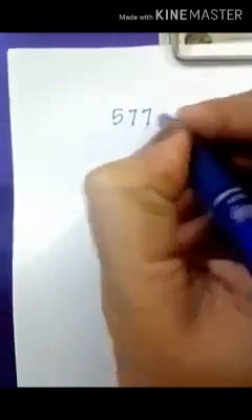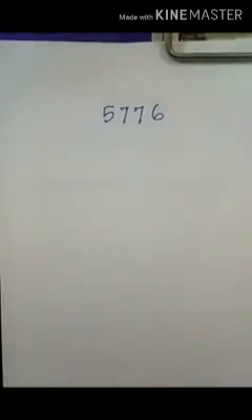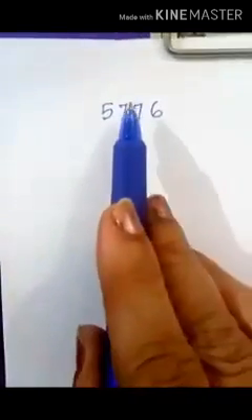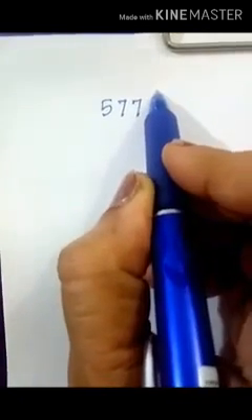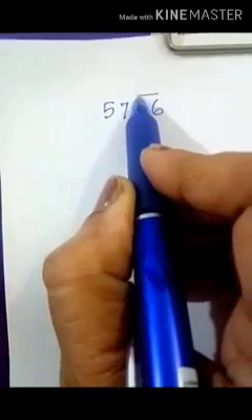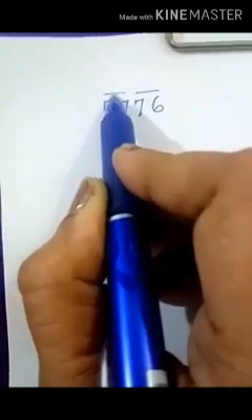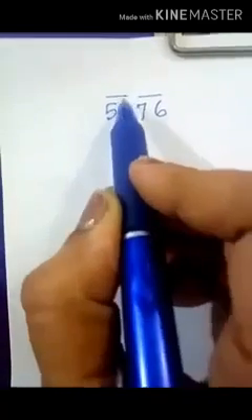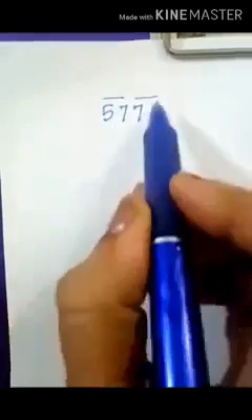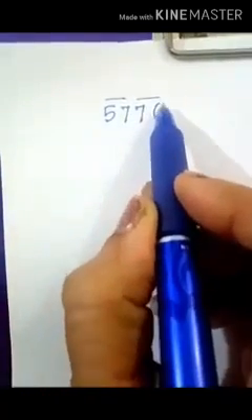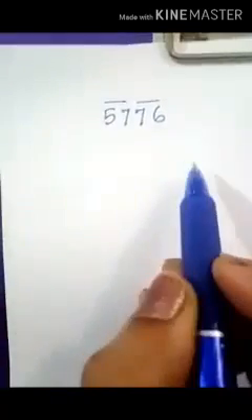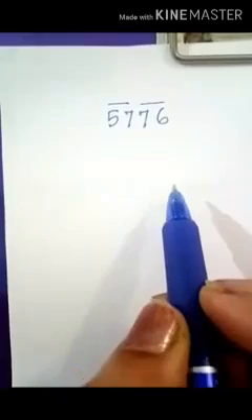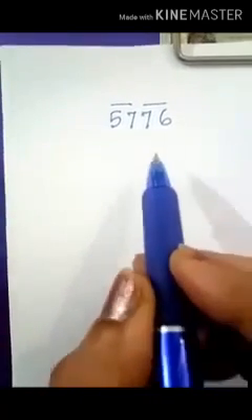Suppose I take the number 5776. The first step is to put it in groups of 2, and we will always start from the units digit. We put 2 numbers together, and another 2 numbers together, under a bar. Why are we doing this? Because we are going to divide 57 in the first attempt, and then we will bring down 76 together and divide that number. It's not like simple division, it's a different one.